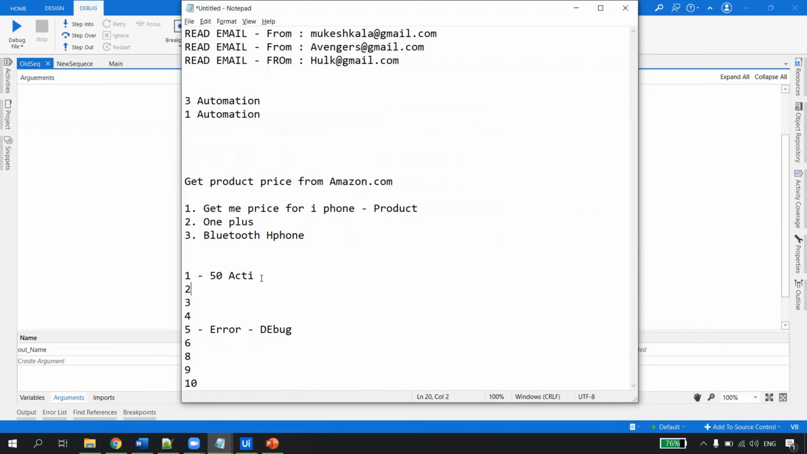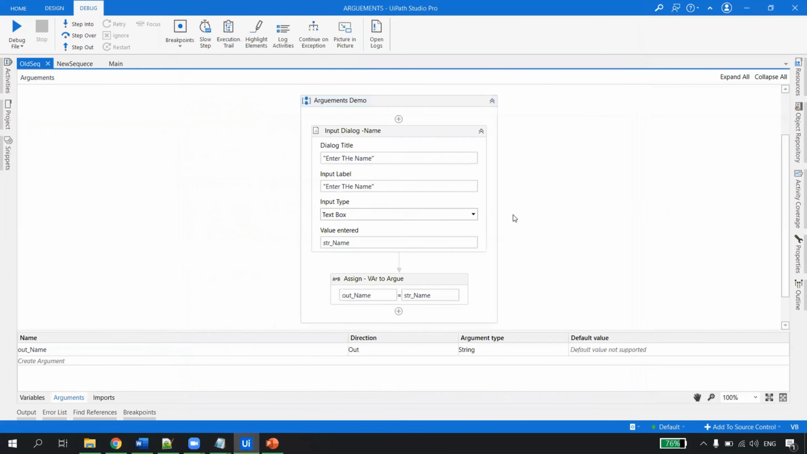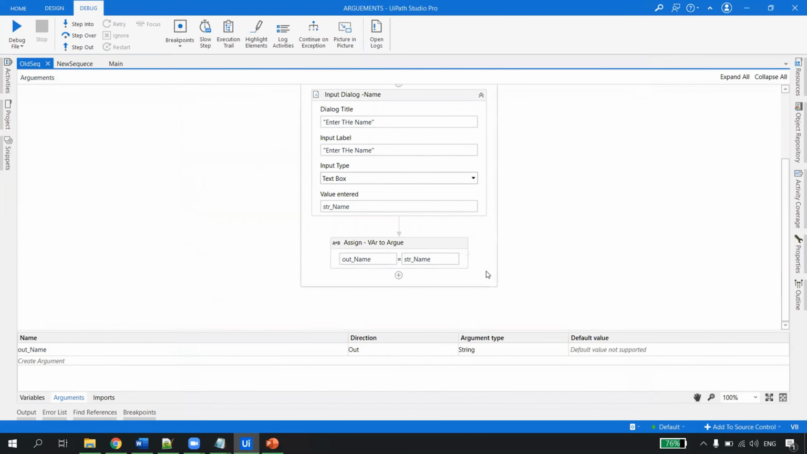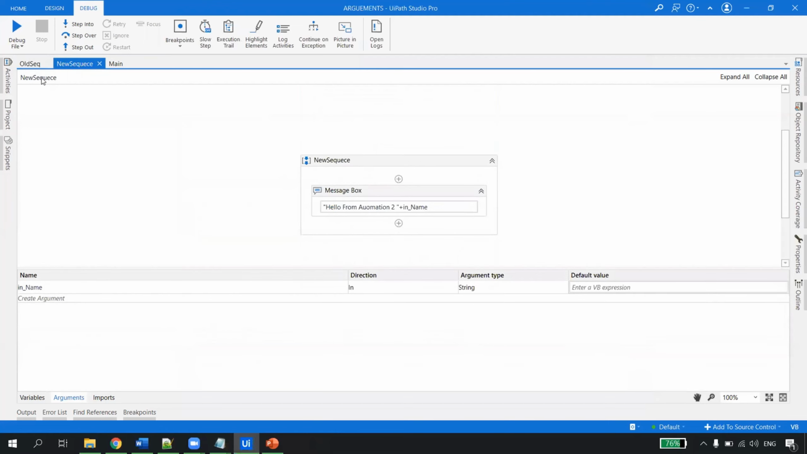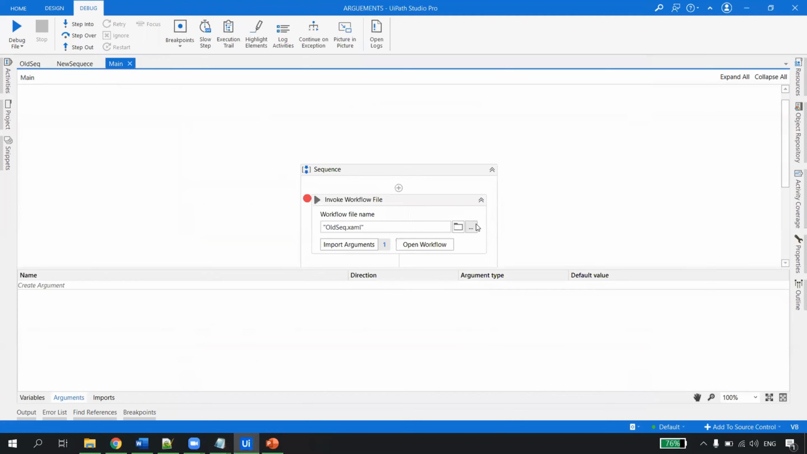We don't develop everything one by one like this, because in an enterprise level project, whenever you are developing, you should not do everything in one go, because it will be difficult to manage and difficult to understand. If you have to debug or encounter any exception or error, that time it would be very difficult. So what we do is divide the project into small automations like this old sequence, new sequence. And then in the main,